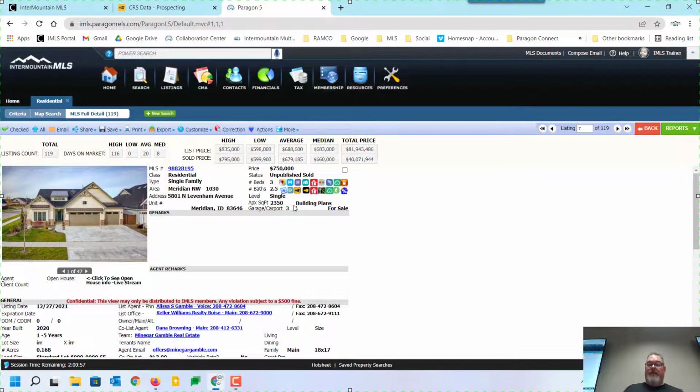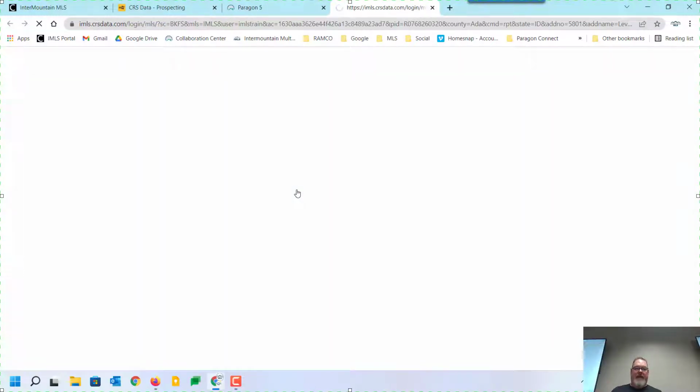And on the full detail, there are 2 CRS Data icons. The CRS Data Property Report, which is the tax report we saw earlier, and I'll click on it in a minute, and the CRS Data Comparables Report. There are other reports that we'll look at in a second. So if I click on the CRS Data Property Report, it opens up a new tab,